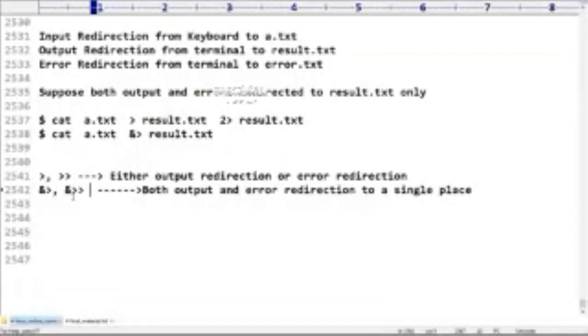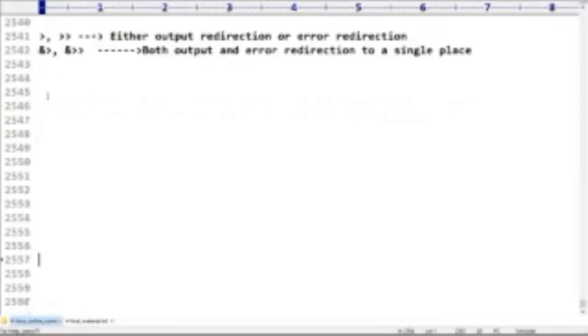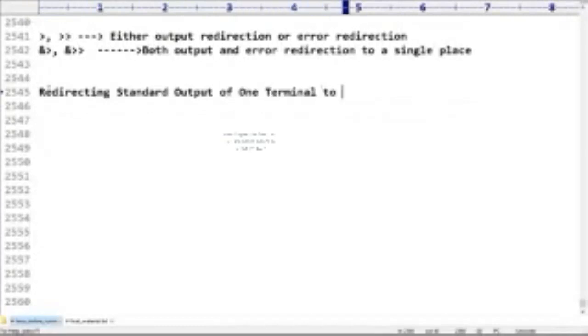Okay. Now the next scenario that I have to talk about, take very special care about this one. My requirement is redirecting the standard output of one terminal to another terminal.